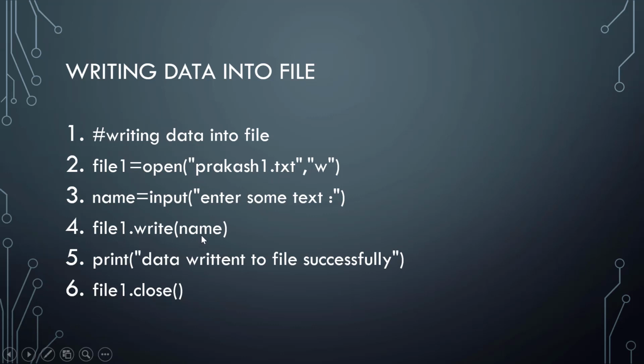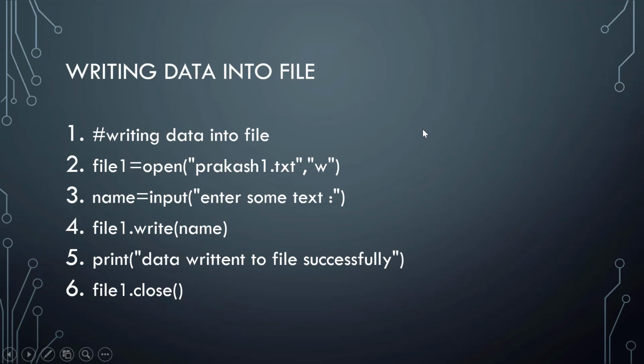Okay, once the file is stored, I'm showing some message saying that data is written to the file successfully, or file creation success. The message is your choice. And finally, we need to close the file once our operation is done. Whether it is writing or reading or appending, whatever it may be, at the end we have to close the file. So here I'm using the same object name, file1.close. So automatically the file which was opened, called prakash1.txt, gets closed. Let's see practically how to write data into a file.